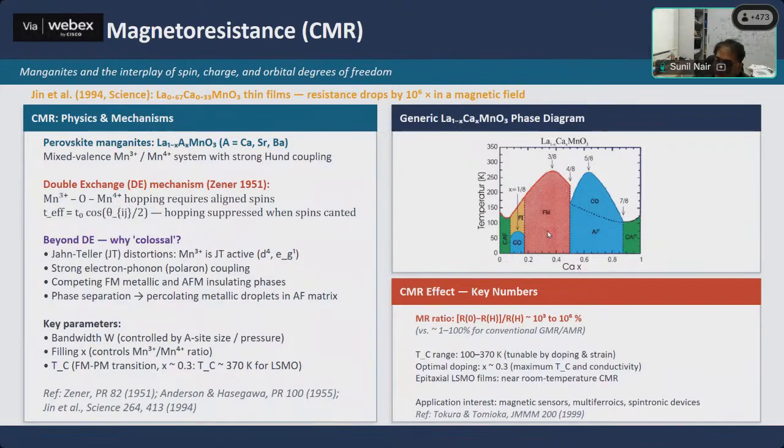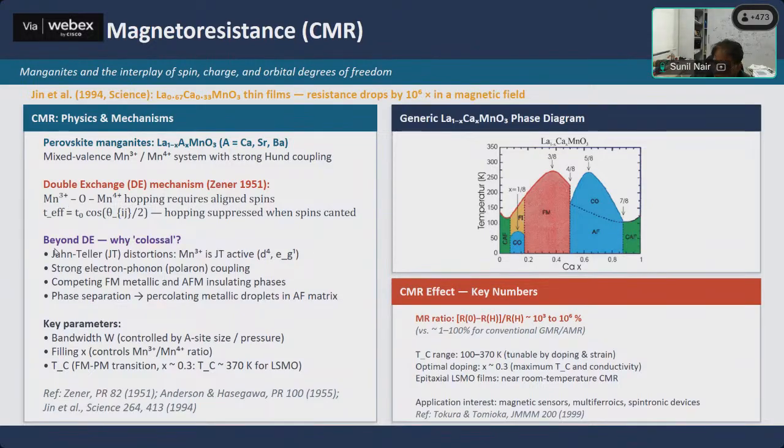Now, within this ferromagnetic state, you actually see a very large magnetoresistance. The magnetoresistance can be as large as I've written here, 10 raised to 6. So in this case, the magnetoresistance is negative. What happens is that you have very large spin fluctuations in these systems, and that is a primary cause of resistivity. So the moment you apply a magnetic field, it very strongly suppresses those spin fluctuations, and so the resistance drops. So in these systems, which are metals of some kind, they are dirty metals, not clean metals, the magnetoresistance has a different sign as compared to that in simple metals. In simple metals, the magnetoresistance is positive. In the CMR materials, the magnetoresistance is negative.